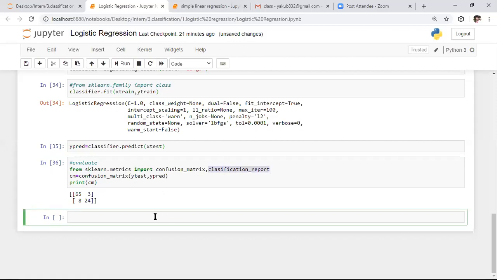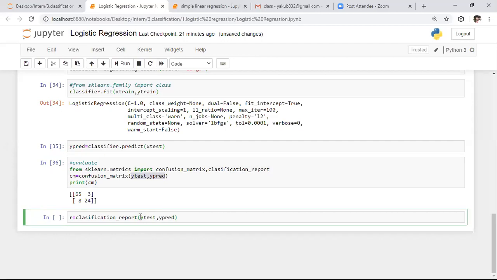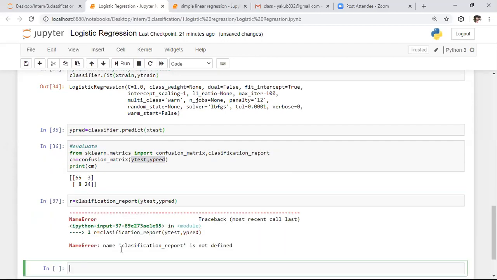So here I'm saying report equals classification_report, based on the test set and predicted data. I'm copy pasting the same thing here. Yeah, here is a spelling mistake.